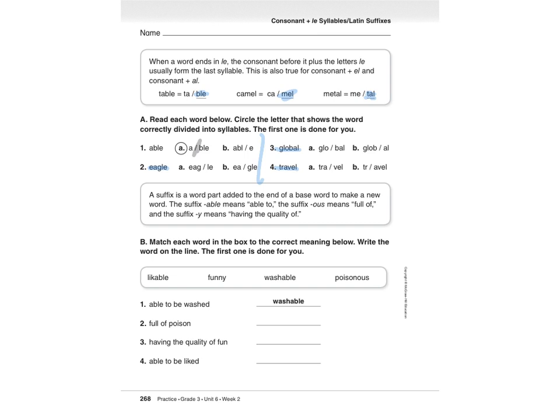It says, match each word in the box to the correct meaning below. Write the word on the line. The first one is done for you. So number 1, able to be washed. So our keyword there is able, so I know it's going to end in able. So something that is able to be washed would be,